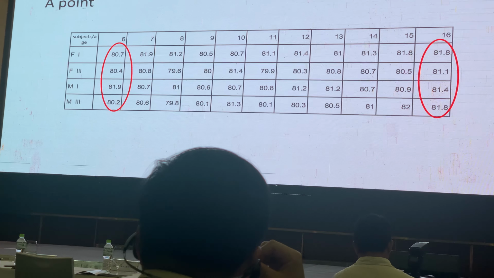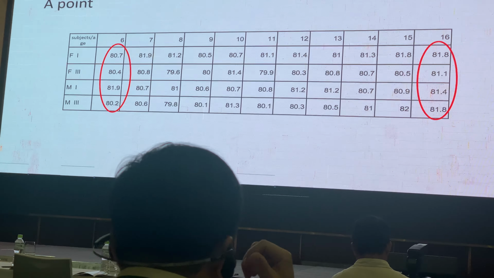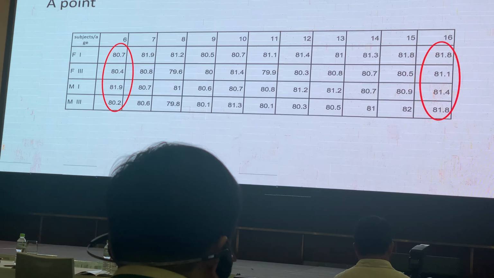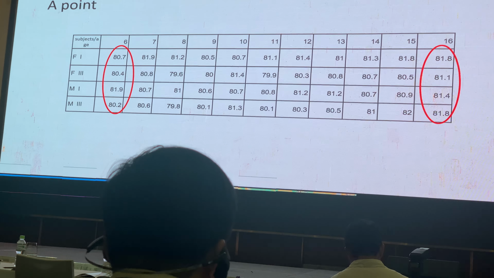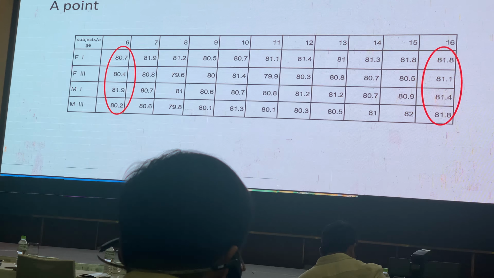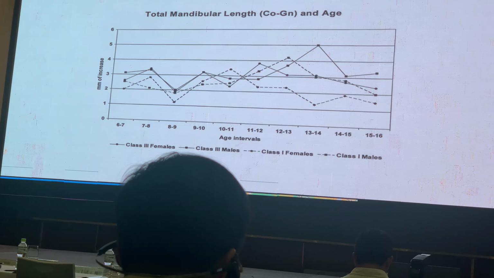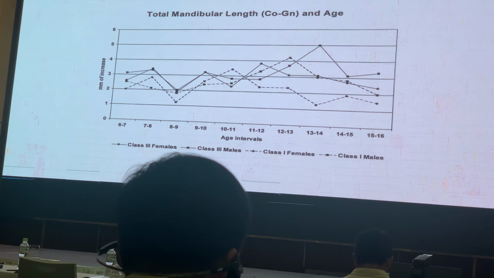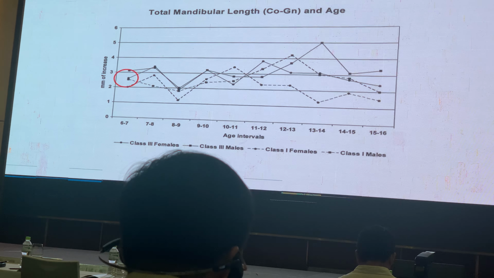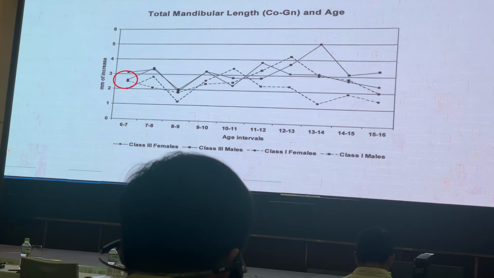At age of 16, they still keep zero amount of A-point value. There is no difference in A-point. But when you look at the total mandibular length, the starting point, class 1 and class 3